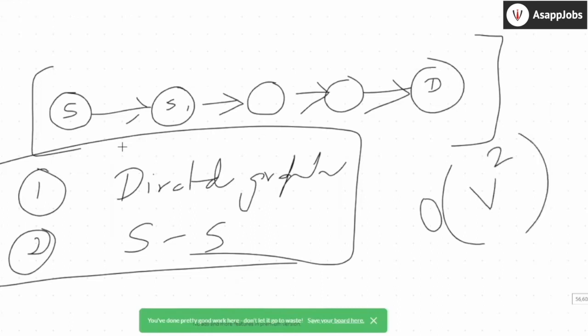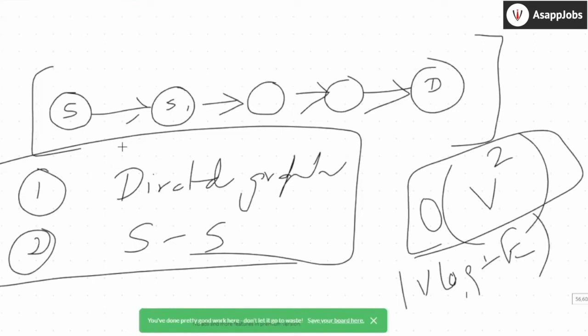If you want to be specific, it will be order of V log V plus E, but in general it is O(V square). You can figure it out by your ideas. What you did every time is pick a cut, right? What is a cut? A cut is a subset of edges. Every time you pick a cut, how many edges can be there? There can be at most V edges every time you consider, because these edges connect between vertices.